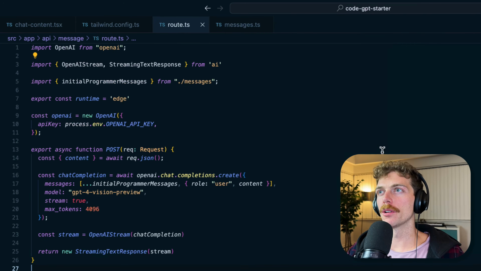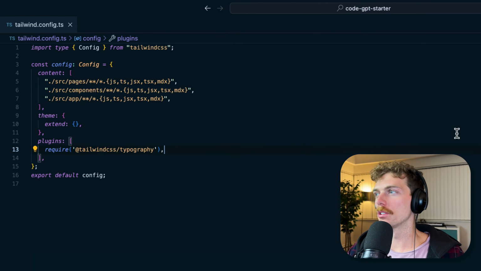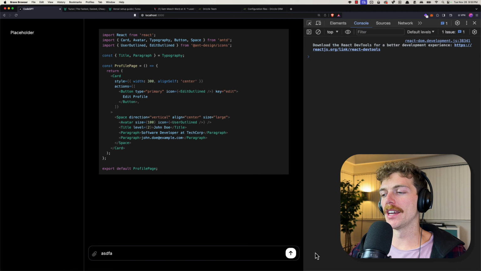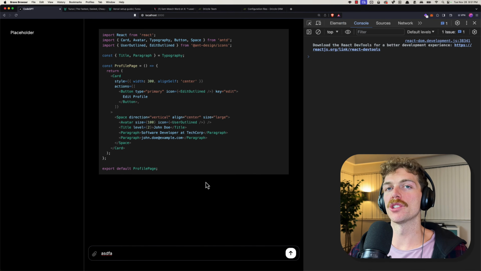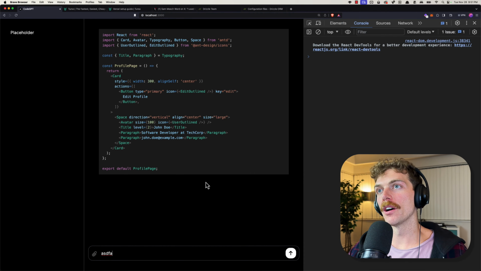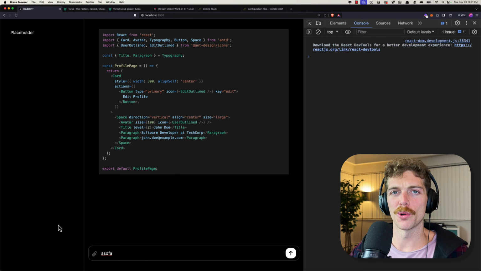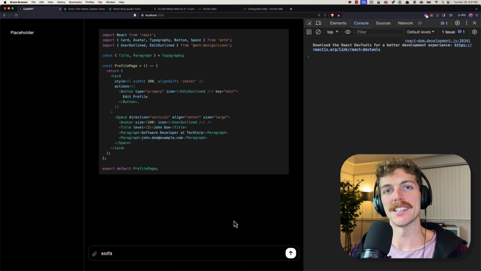So I'm going to close all of these windows and we're going to talk about the workflow of this application a bit. A user can input a message here and hit send, and this should create a new message, trigger the OpenAI GPT response, but it should also save that message to the chat that it's a part of. So if it's already part of an existing chat, just use that as a foreign key. But if no chat already exists, then I need to create a new chat as well. So essentially, before sending a message or creating a message, I do need a chat entity to exist in the